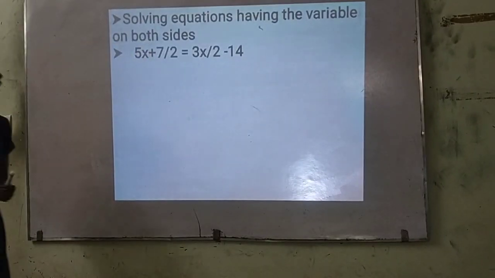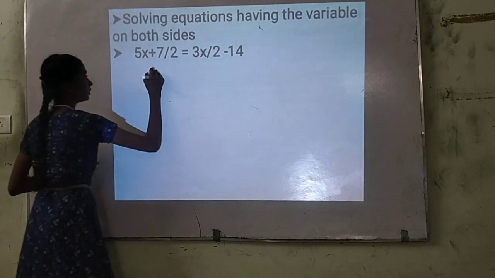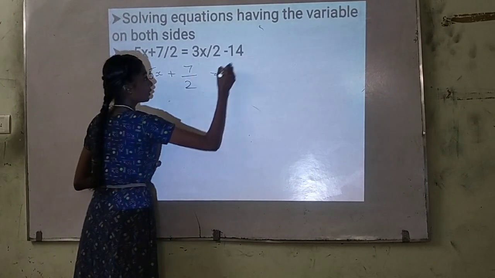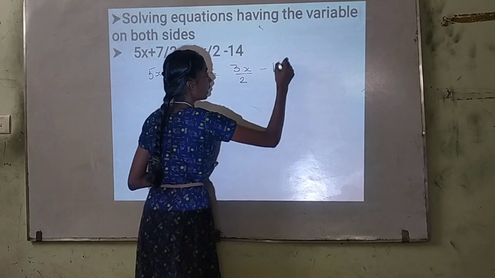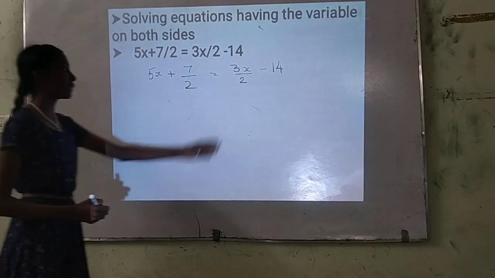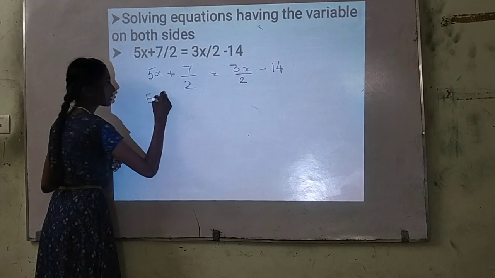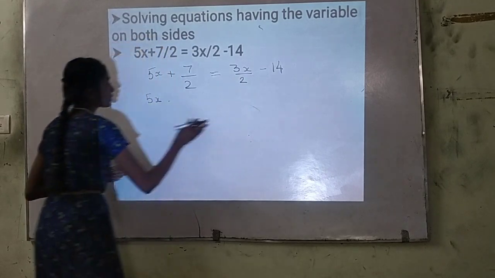Now let us solve equations having the variables on both sides. How to solve this? 5x plus 7 by 2 gives you 3x by 2 minus 14. First of all, let me take all the variables to one side and all the constants to the other side. So 5x, when plus 3x by 2 comes to this side, becomes